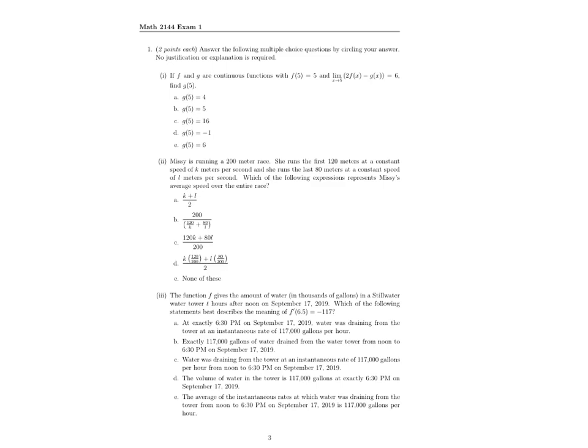All right, so for this first problem, we know that f and g are continuous functions, that f of 5 equals 5, and that the limit as x approaches 5 of 2f of x minus g of x equals 6. So now we're asked to find g of 5. The first thing for us to note is that because f and g are continuous,